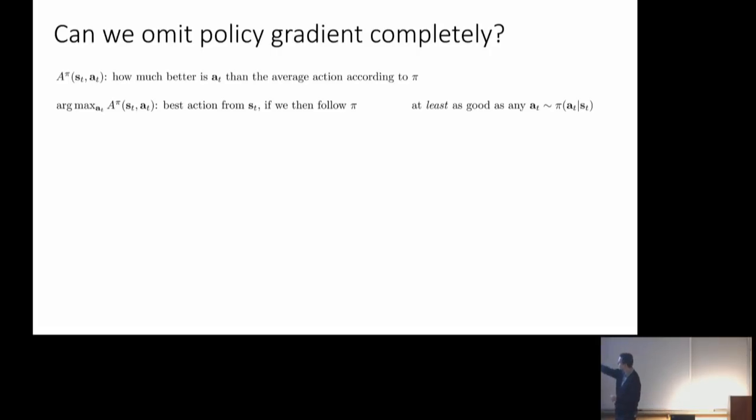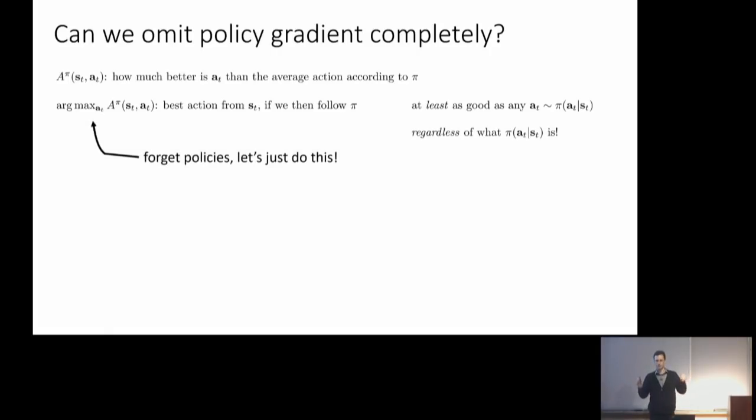If I take my action according to this argmax, now I land in some state, and in that new state I could choose to follow the policy, and I know that's going to be at least as good as my old policy and probably better because I took the action according to the argmax, or I can do the same thing again. I can do the argmax again, which will again be at least as good as my policy. So if I do the argmax everywhere rather than just at the current time step, that will also be at least as good as my policy, if not better, because it's at least as good, if not better, every single time. And that's regardless of what pi is. So for any distribution pi, if you did a good job of fitting the advantage function for pi, this is true.